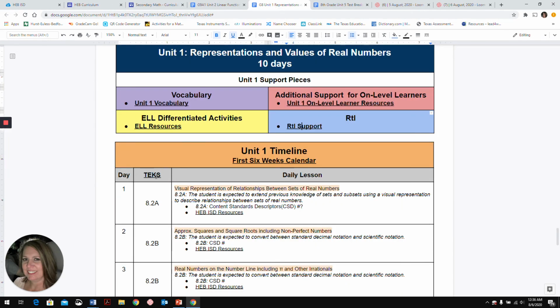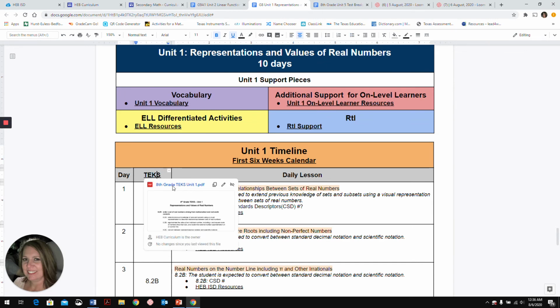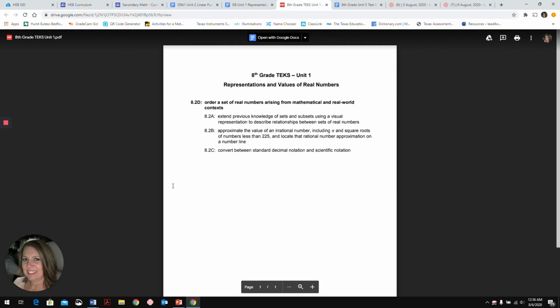And then we have the TEKS. You may remember last year at each curriculum preview, we passed out a sheet with all of the TEKS for the 6 weeks, and it was split up by unit. This year, since they're attached to the unit, it is only one unit at a time. But I really like the way we have this formatted, because these are all 8.2 TEKS on this particular unit. This is our readiness TEKS, and then these are the supporting TEKS that are required in order to have fully